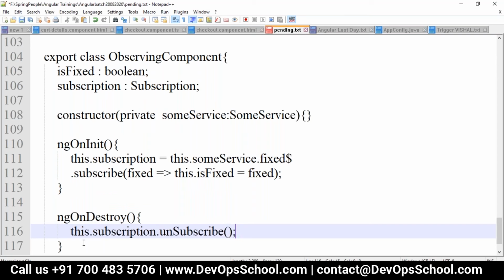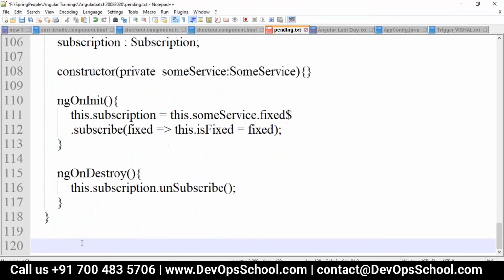As we discussed, observables can be subscribed and unsubscribed also, so that the updated values will be taken care of here, wherever you have taken the selected navigation items in that particular component. Let me just take the updated value, which is export class navigation.